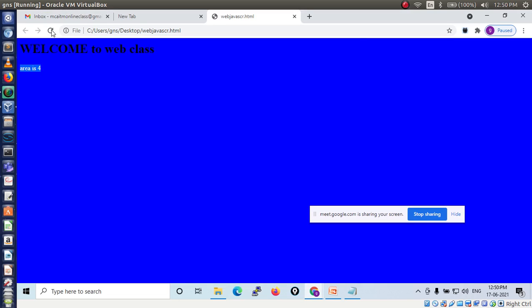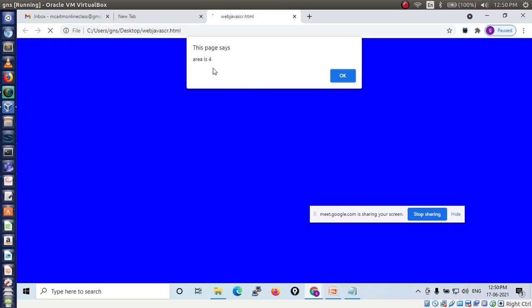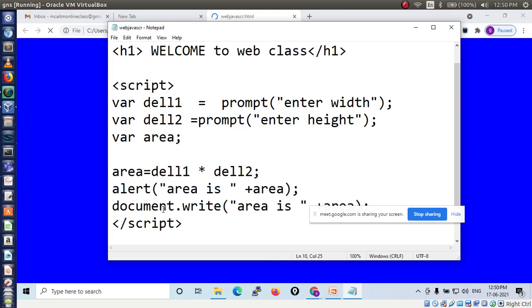So run this. Here I am giving 2, then again I am giving 2, then I am getting the result in alert box. See here, area is 4. Then after clicking OK, then I have written there one line, that is document.write here, right?